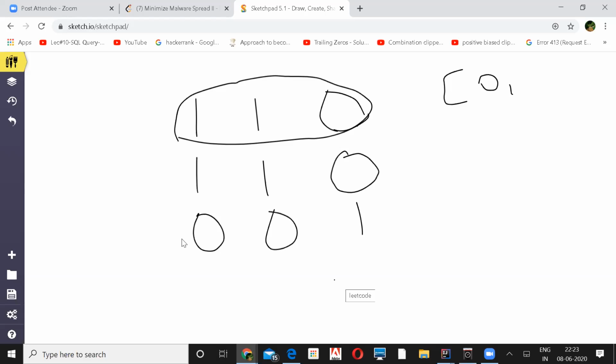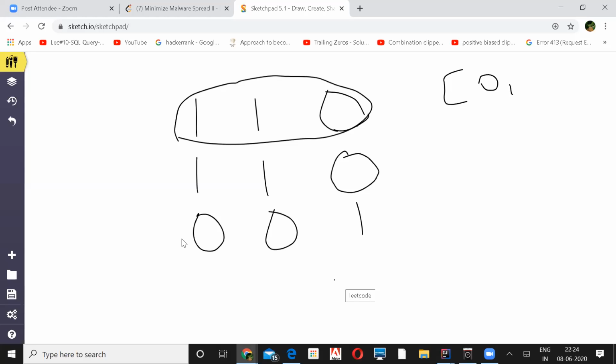Okay, is my understanding correct? So for the 0th one, if you start, it is going to infect 1, 2, 3, 4 nodes, right? For the first one also, it is going to infect 1, 2, 3, 4. And for the second node, it is just going to infect itself, because it checks all the connected ones, right?